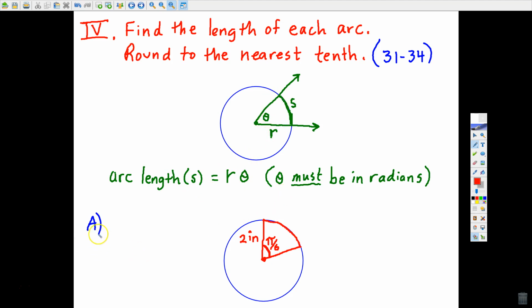Okay, so let's just take letter A for example. I'm after this arc length. How long is it from here to here? The angle is given. The angle is pi over 6, and the radius is 2 inches. So to find the arc length, called S in this formula, I take the radius, which is 2, and I multiply by the measure of the angle, which in this case is pi over 6, and you can do some canceling, or you can just go ahead and multiply together and reduce. You get 2 pi over 6, which is pi over 3, and we're rounding to the nearest tenth, so you need to grab your calculator